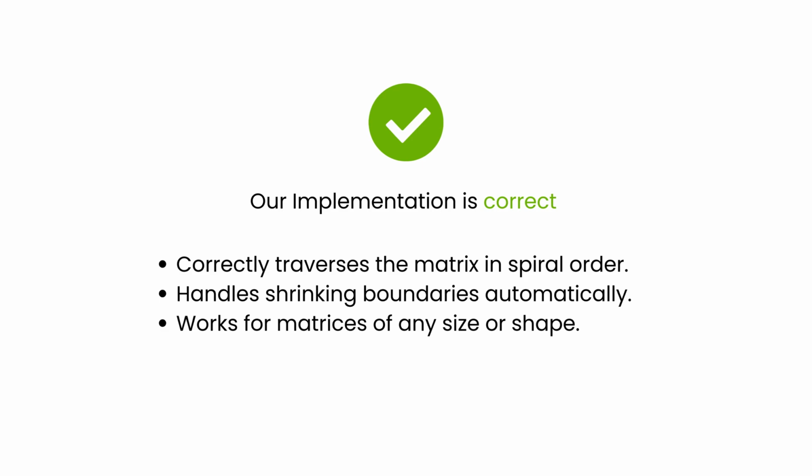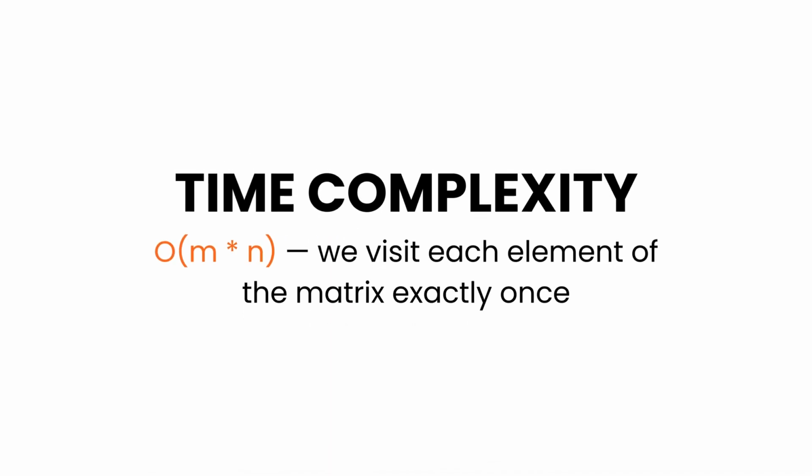Our implementation is correct. It correctly traverses the matrix in spiral order. It handles shrinking boundaries automatically. It works for matrices of any size or shape. In the worst case, the time complexity of this algorithm is O(MN). We visit each element of the matrix exactly once, where M is the number of rows and N is the